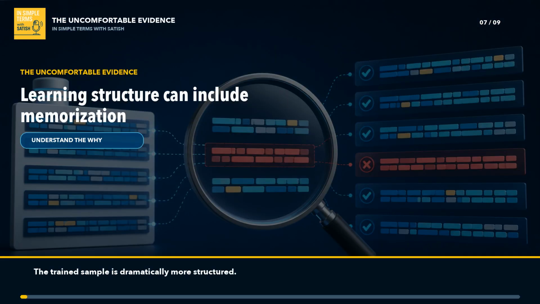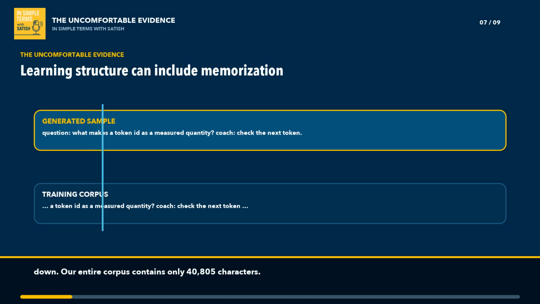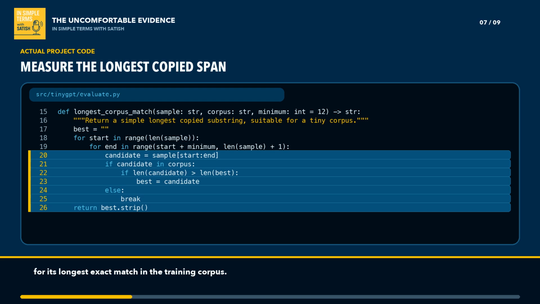The trained sample is dramatically more structured, but this is where an honest course must slow down. Our entire corpus contains only 40,805 characters. That is tiny. The evaluator searches each generated sample for its longest exact match in the training corpus. For the question prompt, it finds a long phrase beginning with a token ID as a measured quantity and continuing into the coach correction. In other words, the model did not merely invent a new explanation, it reproduced a span